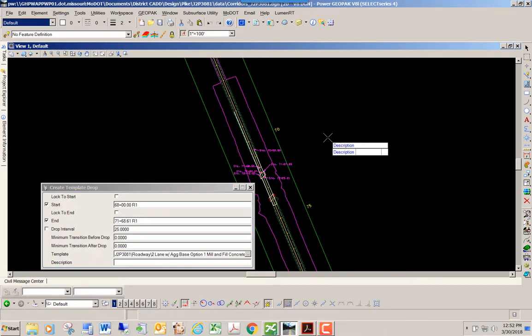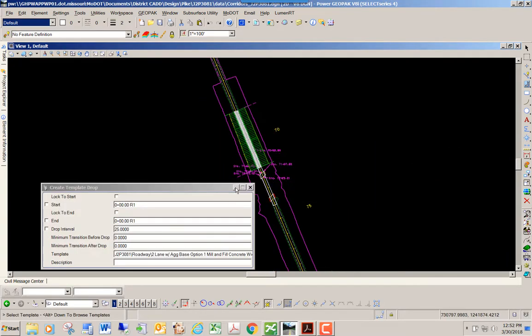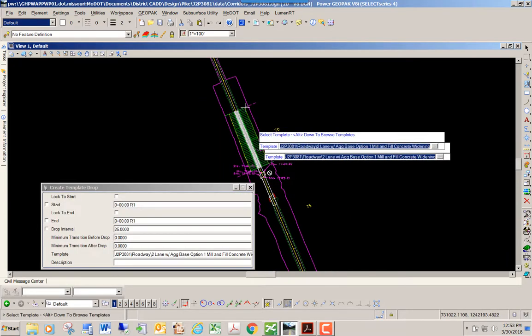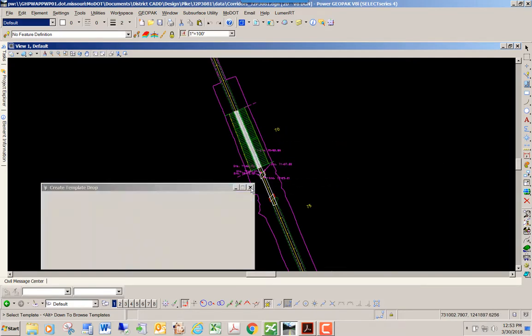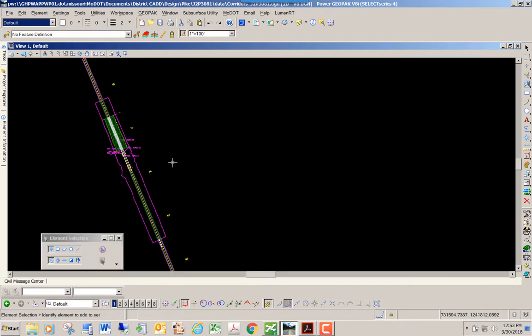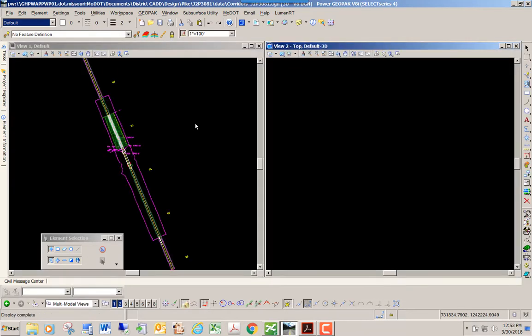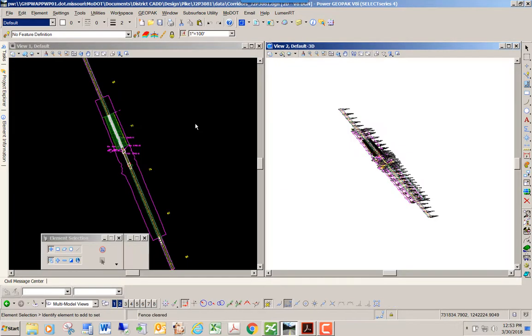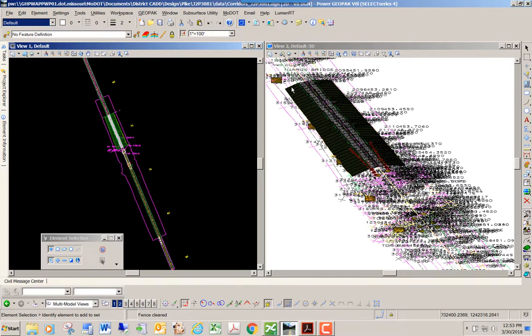So it's going to go out there and apply that template to our alignment and profile, and it's going to add that to the corridor. Now I'm going to hit the F4 key to get out of all tools, and then I'm going to hit the F6 key to see my 3D model. Now you'll notice in my 3D model, even though I turned the text off, I'm getting a whole bunch of survey text in my model, and that will cause problems, especially if you cut, say, a section through here using